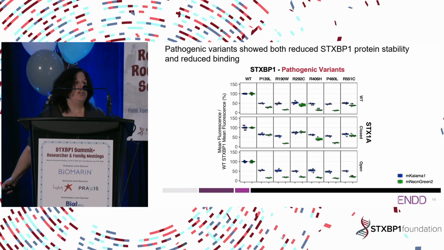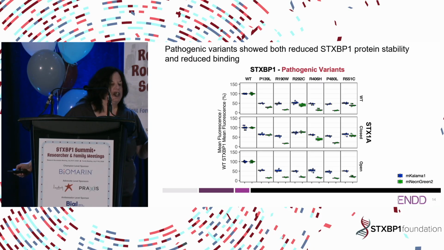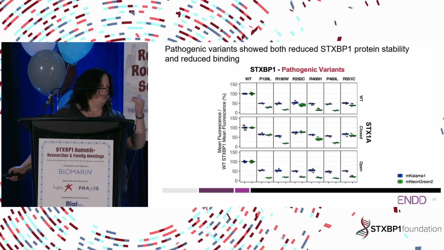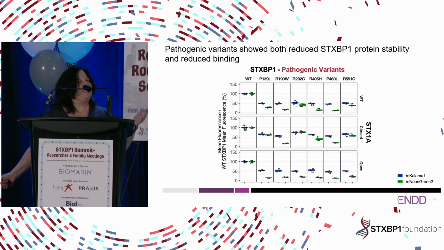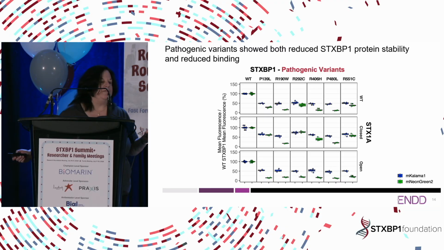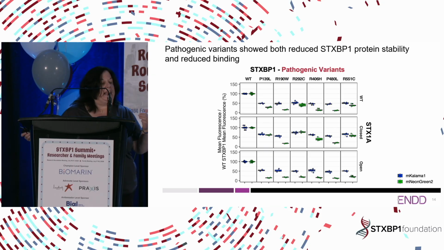Looking at the pathogenic variants, all of them had reduced stability. So all of the mCALMA1 values are significantly reduced. However, there's varying changes in the neon green values. Most dramatic is looking at closed syntaxin, where some of the neon greens equal that of the CALMA1. So as I described before, in these cases, any reduction in neon green is actually reduced stability, not reduced binding,